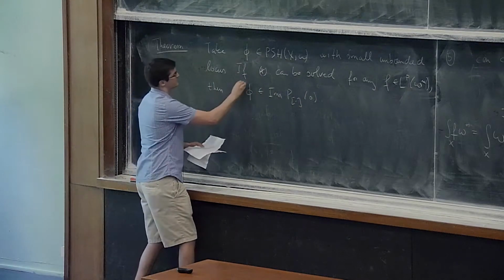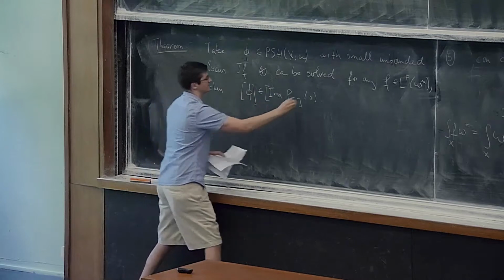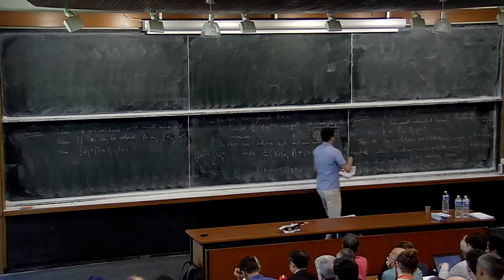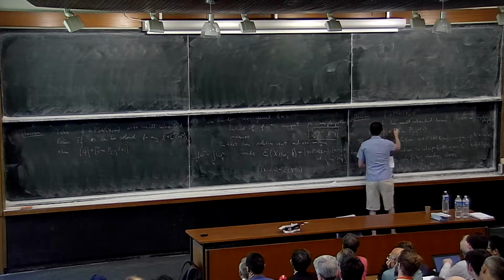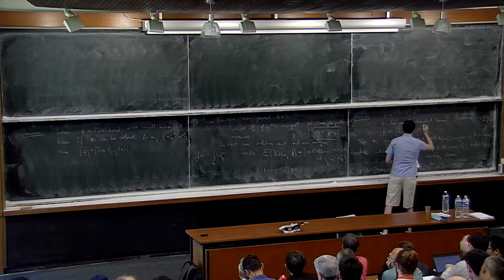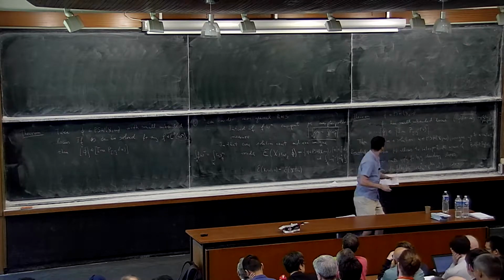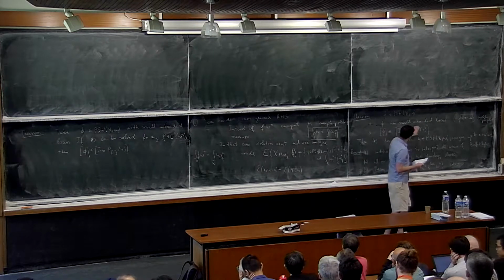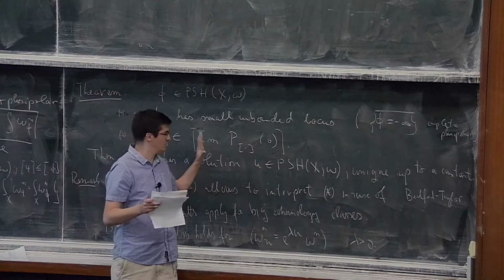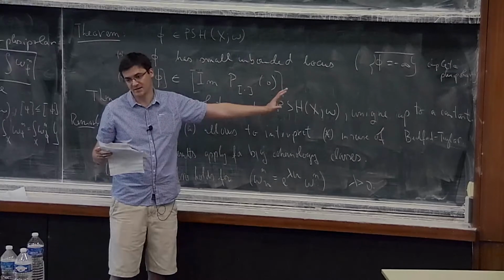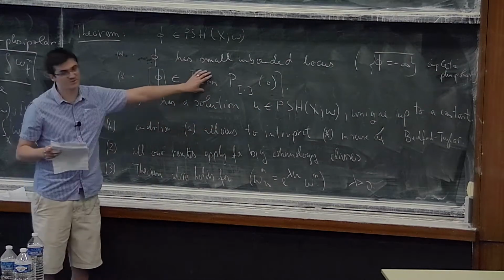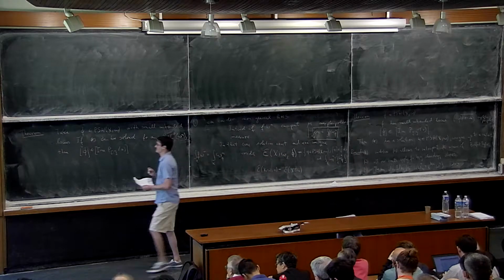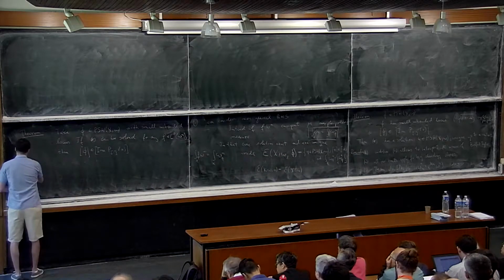Right, so it's more precise to say this. What I mean here is you take the image of the operator on potentials and then you take their singularity types. So then phi has to be one of those singularity types. Okay. So let's argue this theorem because it's quite concise.